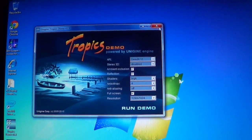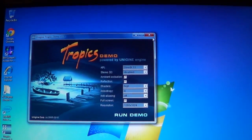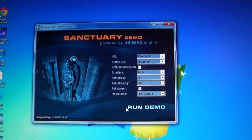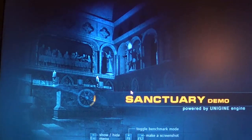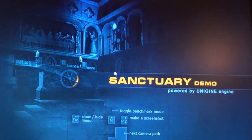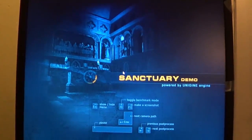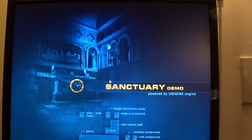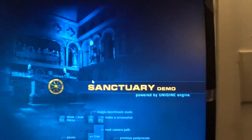try that's even older than Tropics. See if we can get up to 5 frames a second with that one. Unigine Sanctuary from 2007, DirectX 9, 12 by 10. Let's see what this looks like. I've never even seen this one before. I should see what Tuxedo can... Oh, Tuxedo can probably run it fast enough to make coil lines start coming out of the video card. But anyways, so we're actually still hanging out in the 50s wattage-wise. So, again, we're not talking about too much in terms of...